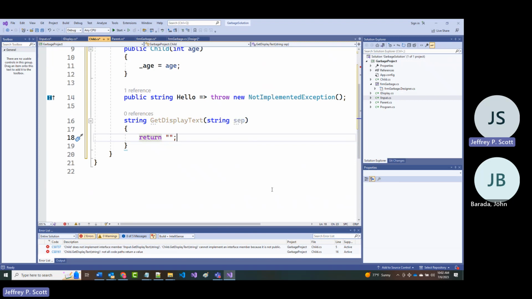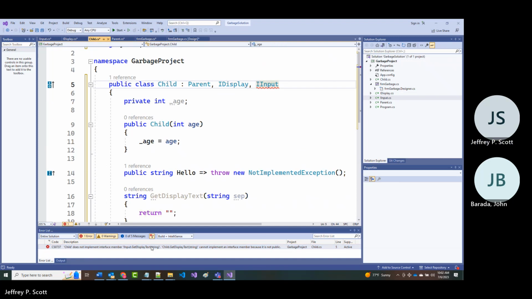So notice that now there is no error here. Let's go back and look at this. And what does it say? It says child does not implement interface member GetDisplayText(string). It cannot implement an interface member because it is not public. Okay.